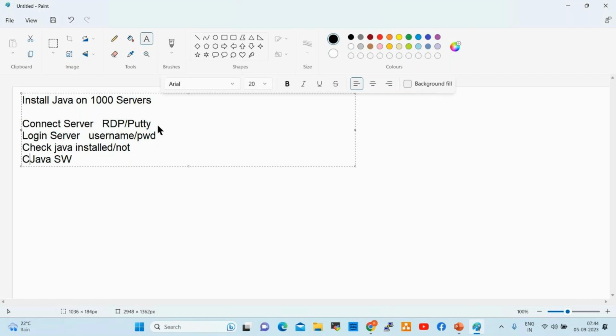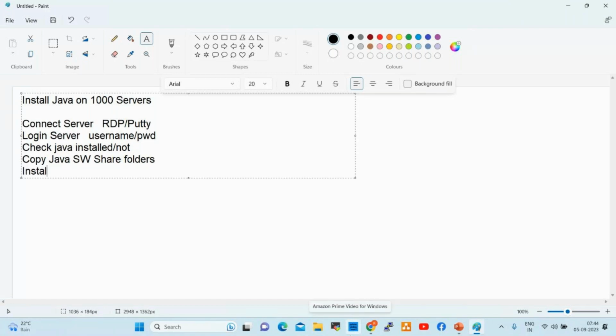We copy the Java software from share folders. So what is a share folder? A share folder is nothing but a central repository. From the share folder, we can copy this package to our target server. Once we copy this software to the target server, after that we need to install Java.